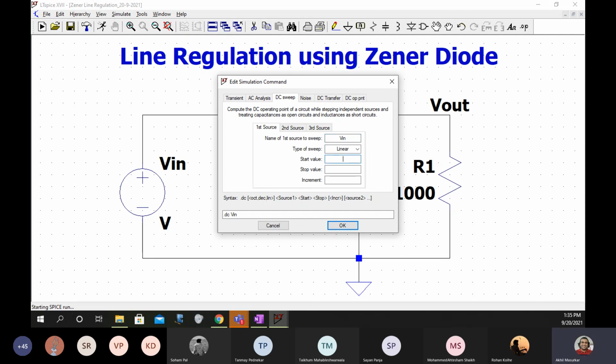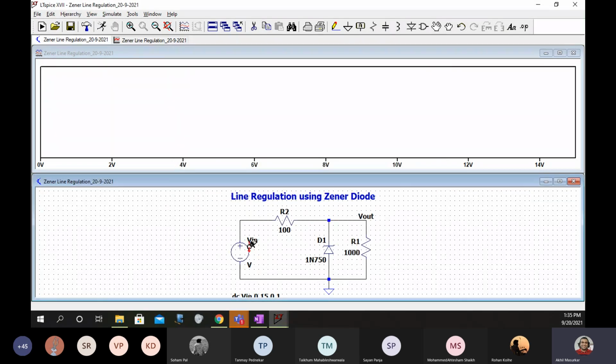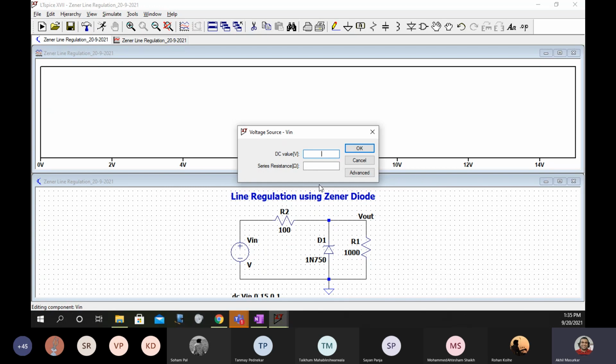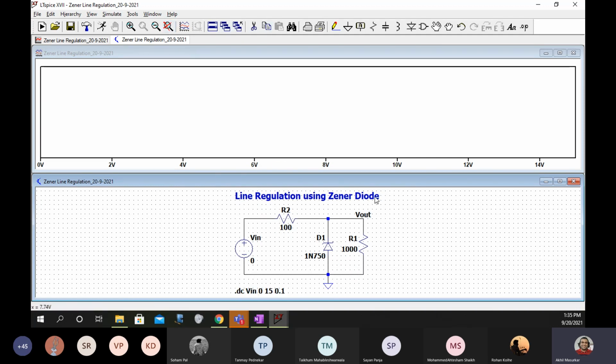I'll set it to linear. Start value is 0, stop value you can make it 15, and you can increment in steps of 0.1. You can see here error on line 5. Let's see what the problem is. Here the value should be set to 0. This was the same problem which we encountered in our last lab also. So again I'll simulate it. Now no errors.